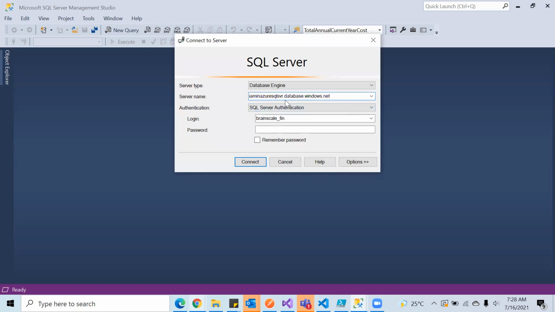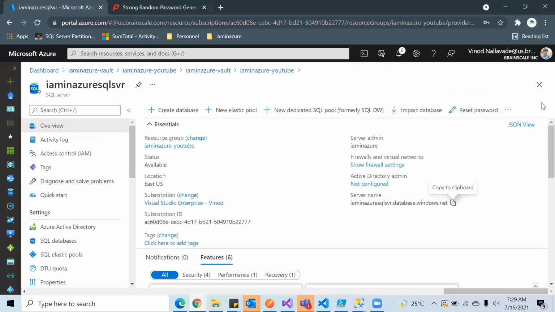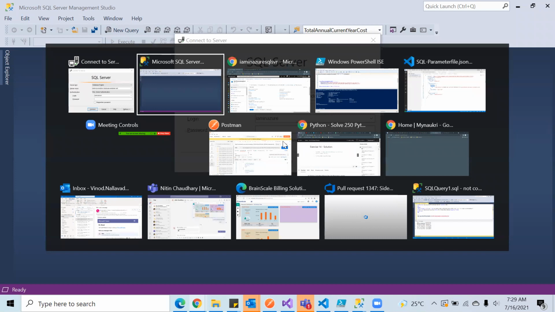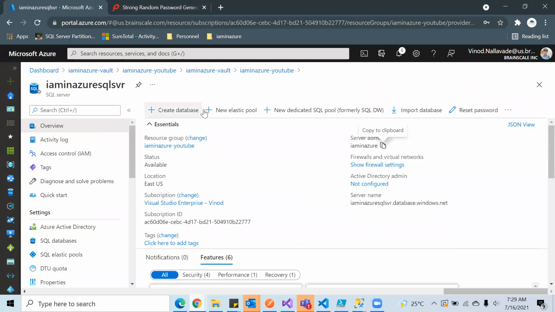So I will show you how to whitelist that. This is my server name. Then the login is the server admin name you need to pass. This is the value, and the password you will get from the key vault.